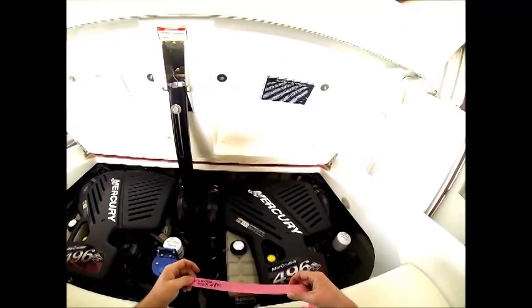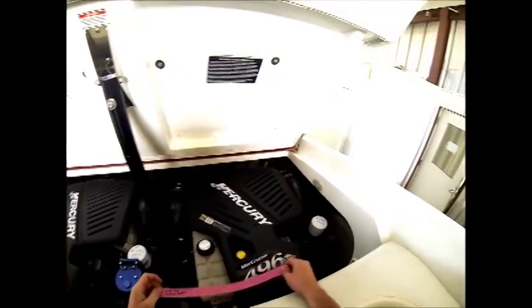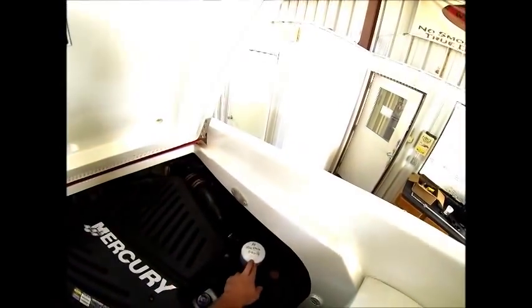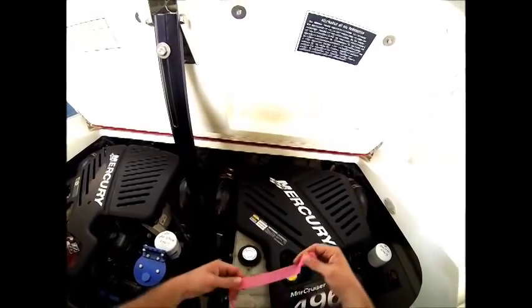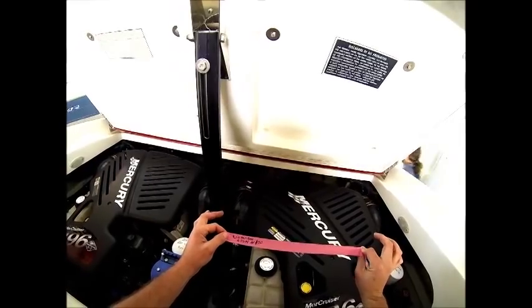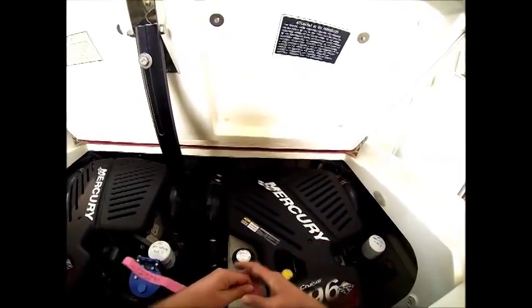Now that our engines have been fully winterized, all our fluids have been checked, and gear lube monitor bottles are full. As you can see here, after changing the gear lube, we've installed 2 new oil filters, which we've put the date on. Now we're going to tag the engine belts with this pink marking tape. That's also labeled Winterize, the date we did it, and in this particular case, the technician who